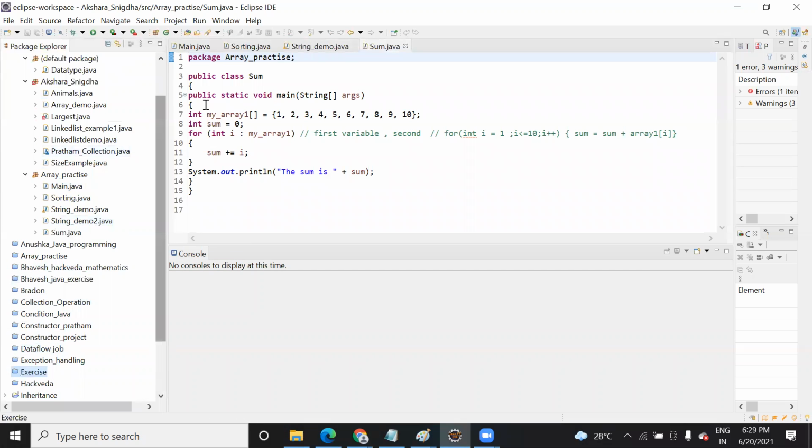I have written this code somewhere, I'm looking. 1 minute. Is there any searching option?